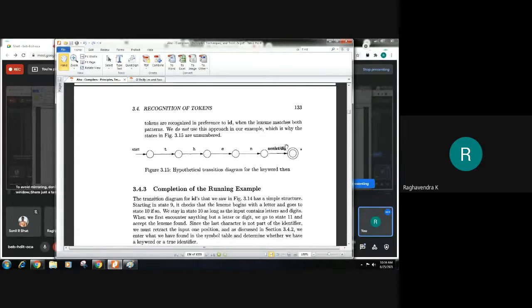For example, one keyword which is used in your if statement has been given a transition diagram here. State numbers have not been mentioned because it's understood that we are not going to consider these things as a part of our transition diagram.